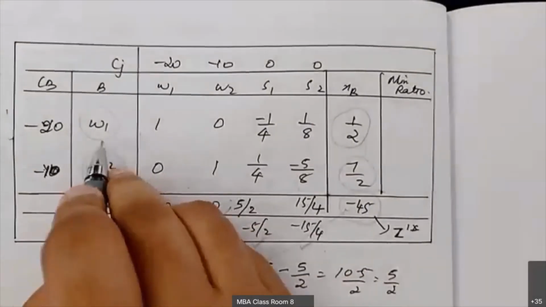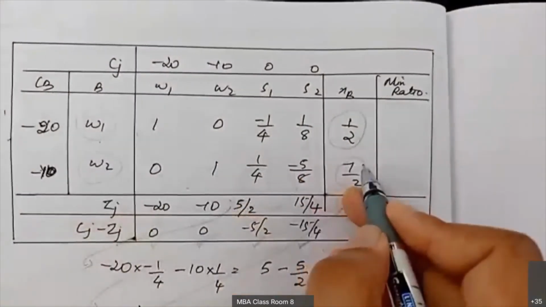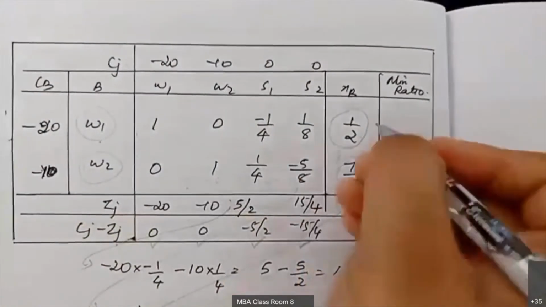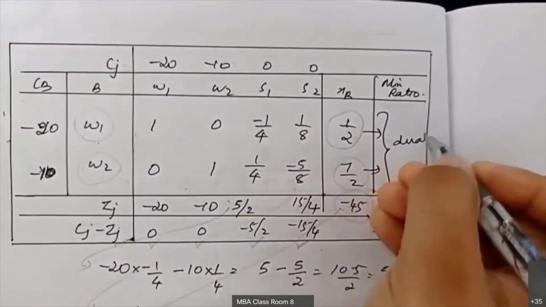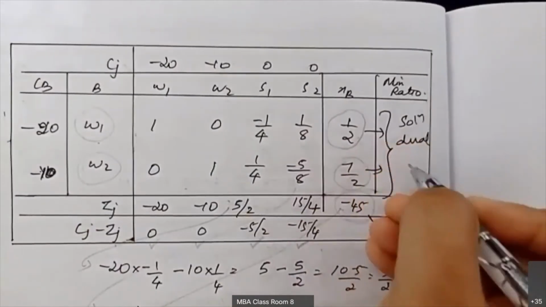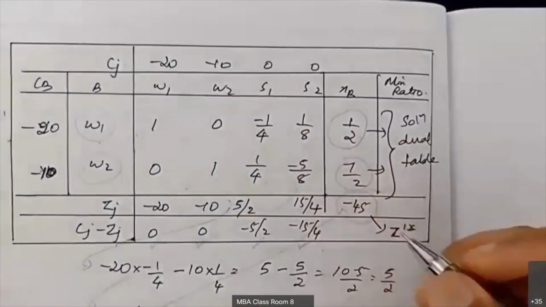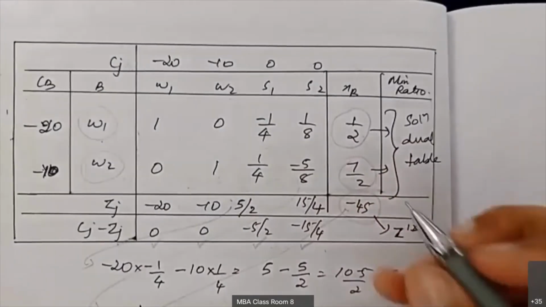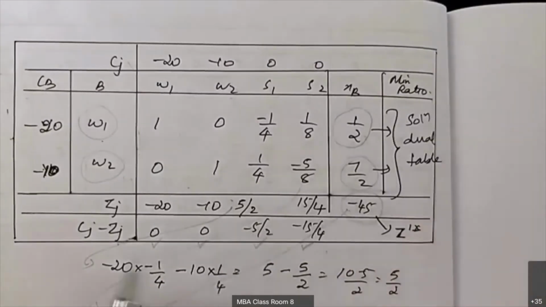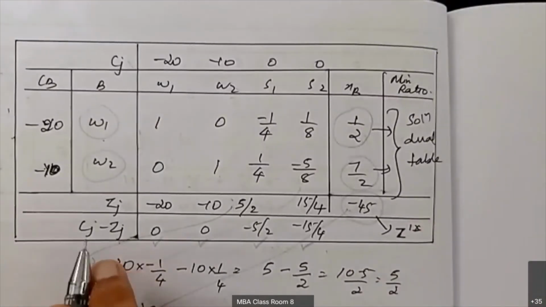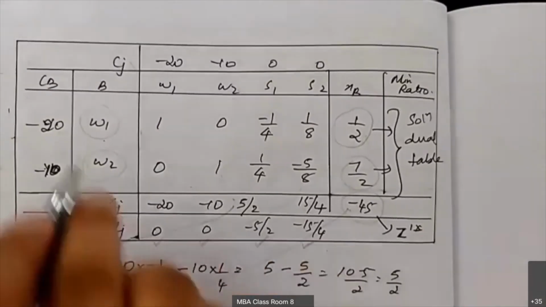So this W1 and W2 is the solution for the dual table. We need to get the solution for our primal problem. Our primal problem has the variables x and y. How do you get that, according to the duality theorem? It is in the optimal condition and in the feasible condition.